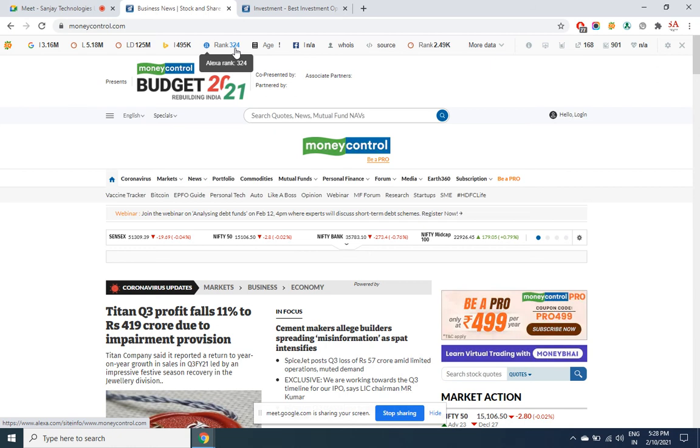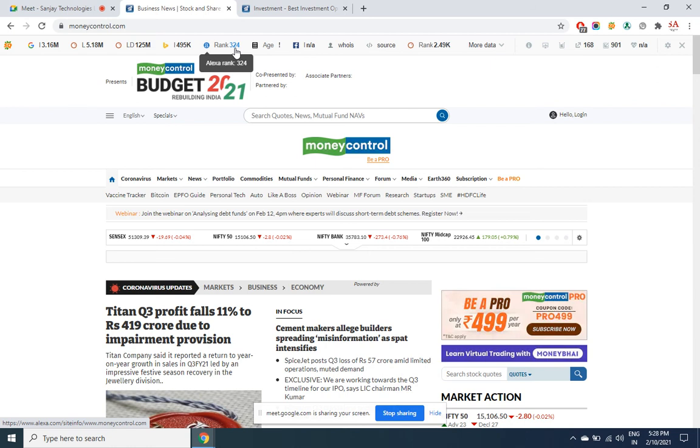Depending upon how many visitors you have got, you have been given a rank called Alexa rank, also called traffic rank, also called popularity rank. Irrespective of the source of visitors. You may get visitors through social websites, through SEO, through SMO, through SMM. That doesn't matter at all.